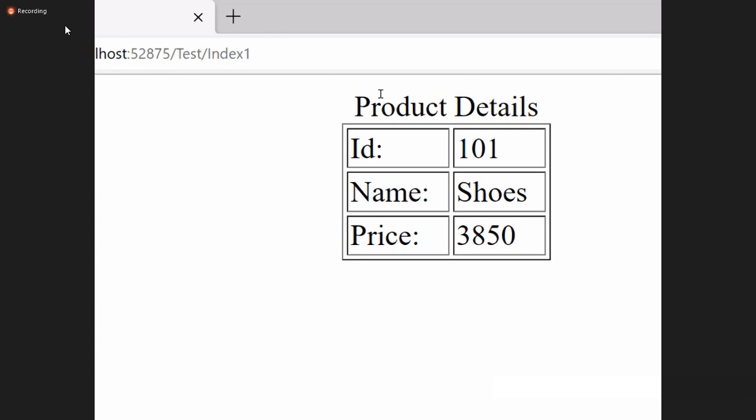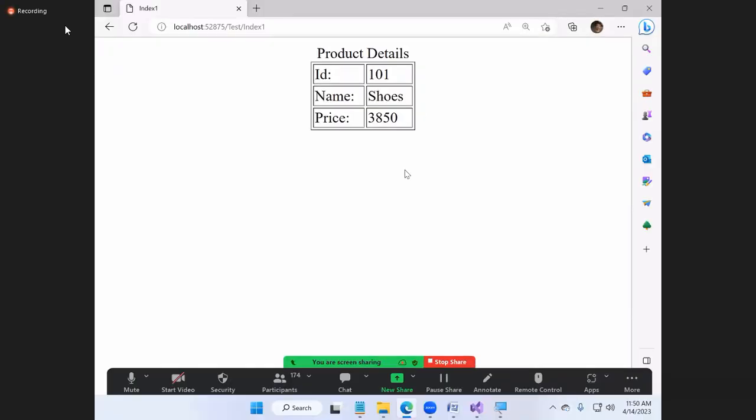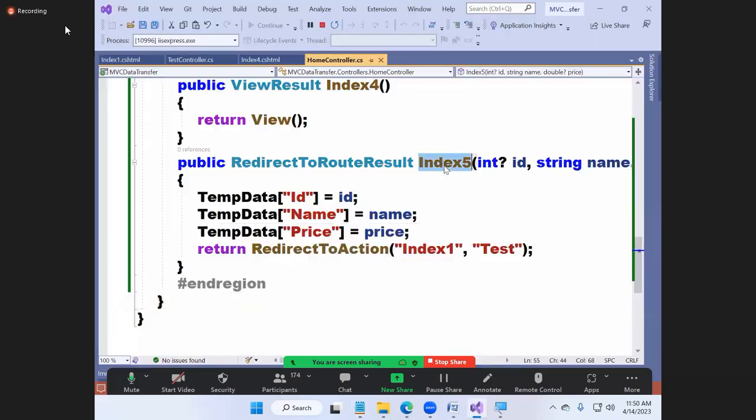If you want to transfer, you're required to call a method called RedirectToAction. The name is clear, na? RedirectToAction. That action method can be in the same controller also. The action method can be in another controller also. And to test it, add a new action method in the HomeController class first, and you write Index 5.